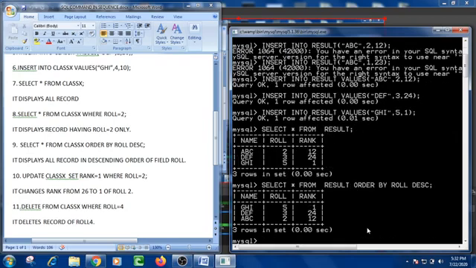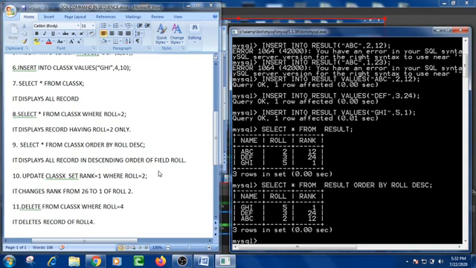Okay, now you can see it. Roll number 5 now is on the top, then 3, then 2. This is the way to use the order by. Order by command is always used to arrange the records in ascending or the descending order.